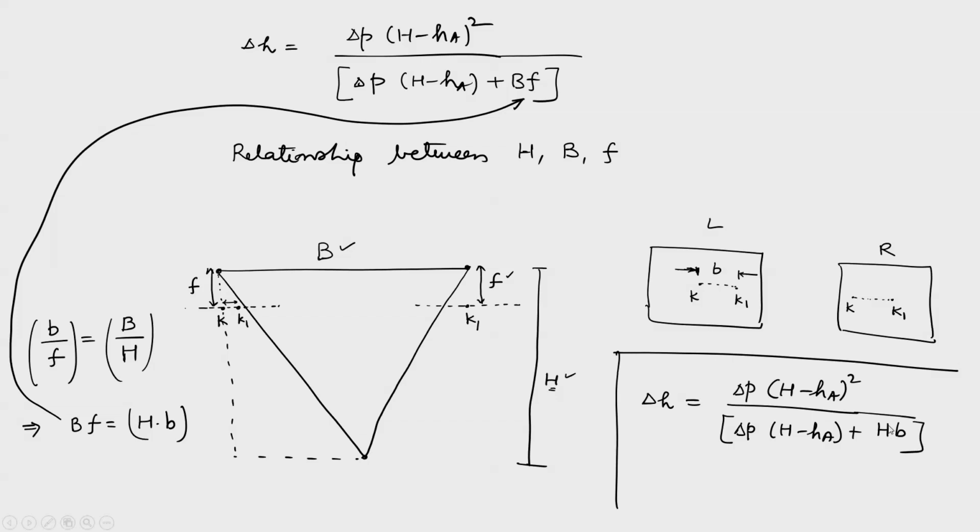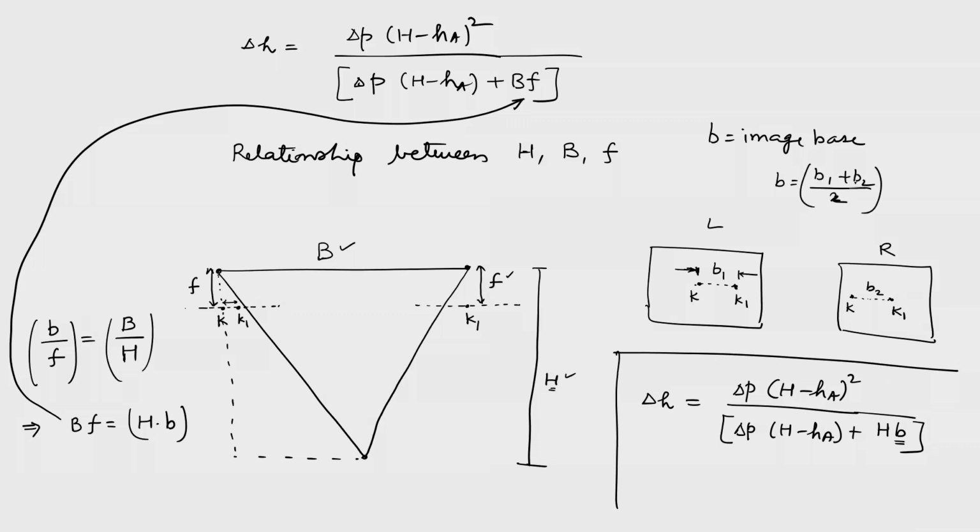Fine. So, how to find out this image base b? We call this term the image base b here, and how to find it out? Well, in practice, how do we do it? We first try to find the location of the principal point K1, which is the principal point of the other image. So, we find the 2 locations K and K1 in one image, and then we measure b for the left image. Similarly, we also measure b for the right image, and then we take the average of, let us say, b2 and b1, and then we define b equal to (b1 plus b2) divided by 2.